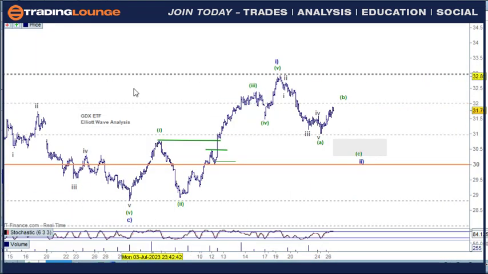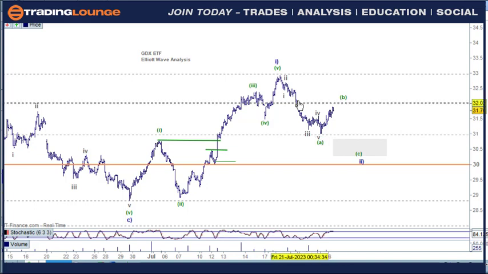And over here, we've got GDX. The way I see it, we've got a nice 5-wave structure down here. Since we've called that in, we've got the bounce here. It looks like we've got a little 5-wave structure here, so we'll probably see a little ABC here. I'm not too fussed about this just yet. And then down to here, and then up at that point. That's what I think US spot gold will be doing,